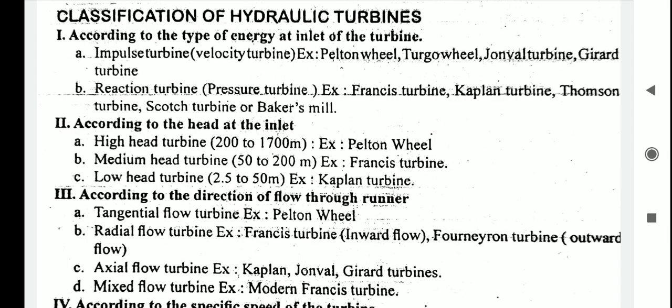Next we move on to classification of hydraulic turbines. Water turbines are classified into various kinds according to the action of the water on the blades, based on the direction of fluid flow through the runner, and the specific speed of the machine, right? First, based on the action of the water on the blades, it may be classified into impulse type and reaction type.